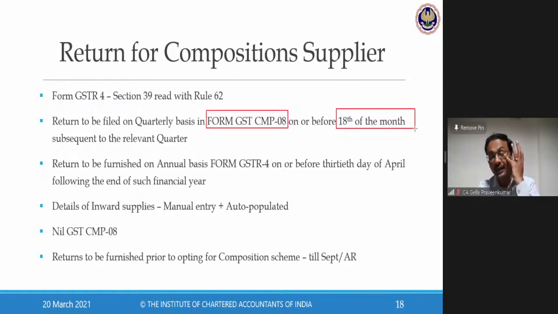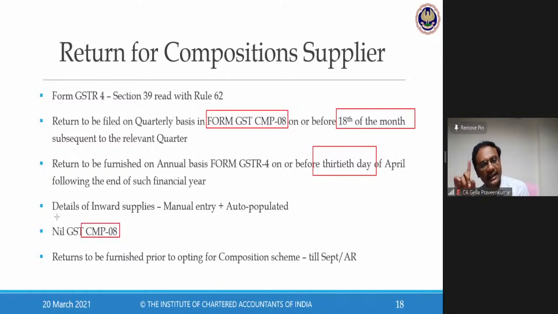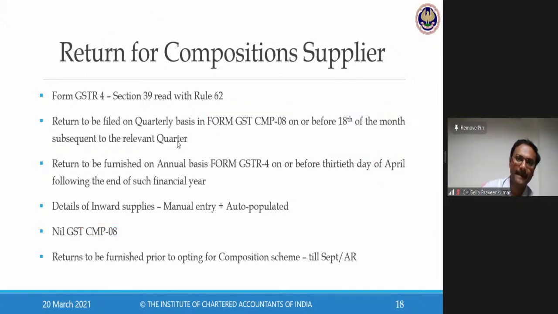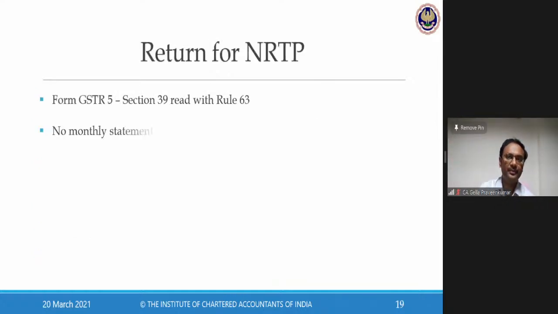Next, coming back to my GSTR4, it's once in a year, that is, on an annual basis, I have to file. How? I have to file on or before the 30th day after the end of the financial year. This is what they say. Form name GSTR4, and they say if you don't have any transactions, please file a nil return. If you don't file a nil return, again that is an offense where they will call for a late fee along with a penalty. This is what we need to keep in mind. Now, when I come to the late fees slide, I'll explain how much the late fee is.